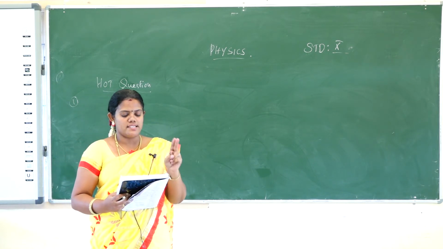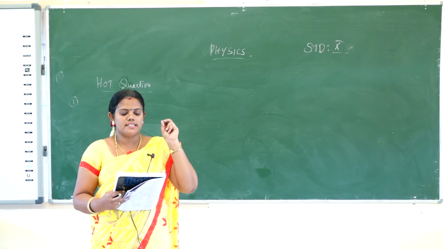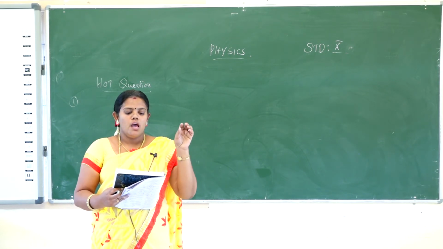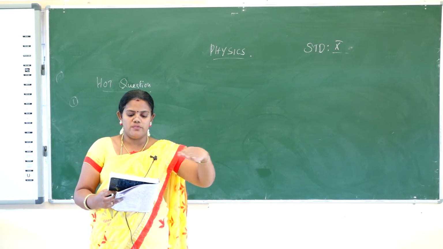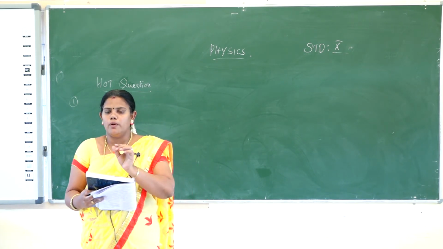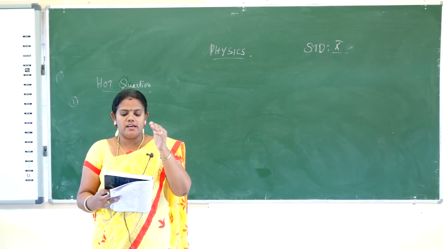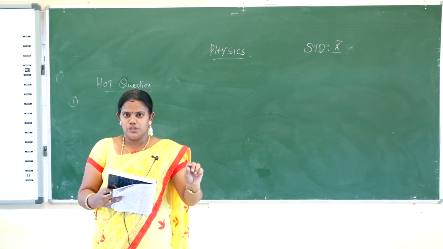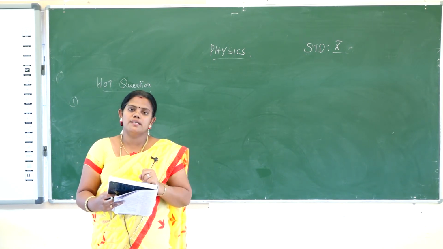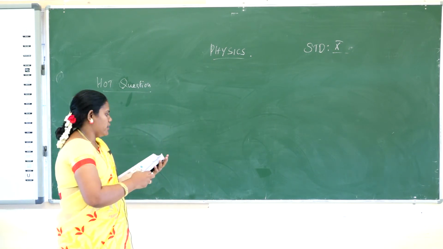Two blocks of masses 8 kg and 2 kg respectively. Two blocks having the mass 8 kg and 2 kg. So M1 is 8 and M2 is 2 and they lie on a smooth horizontal surface. So we have to calculate the total mass, that is M is equal to M1 plus M2, and they are in contact with each other. They are pushed by the horizontal applied force of 15 Newton. Calculate the force exerted on the 2 kg mass. How much force is applied on the 2 kg mass? Okay ma? So what are the given values?